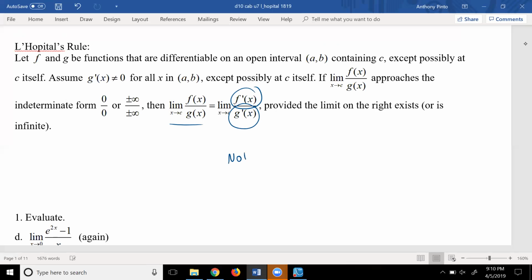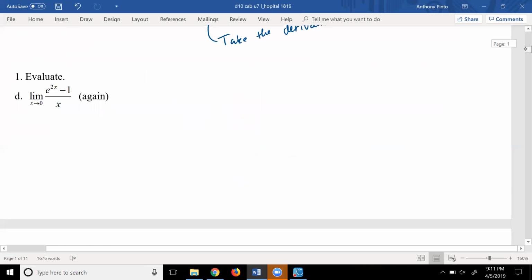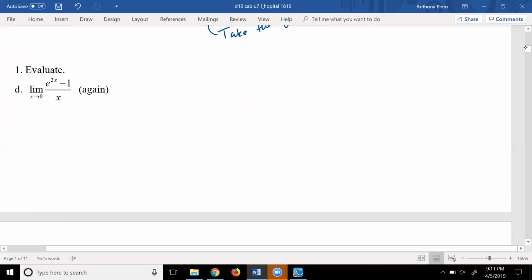So I want to point out that this equation that I circled is not the quotient rule. So what we need to do is take the derivatives separately. And by that I mean take the derivative of the numerator separate from the derivative of the denominator. All right, so with that in mind, let's do